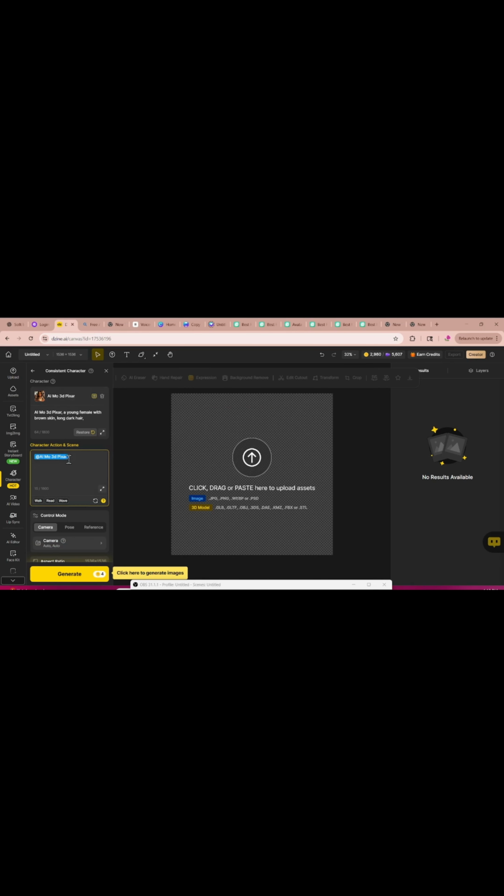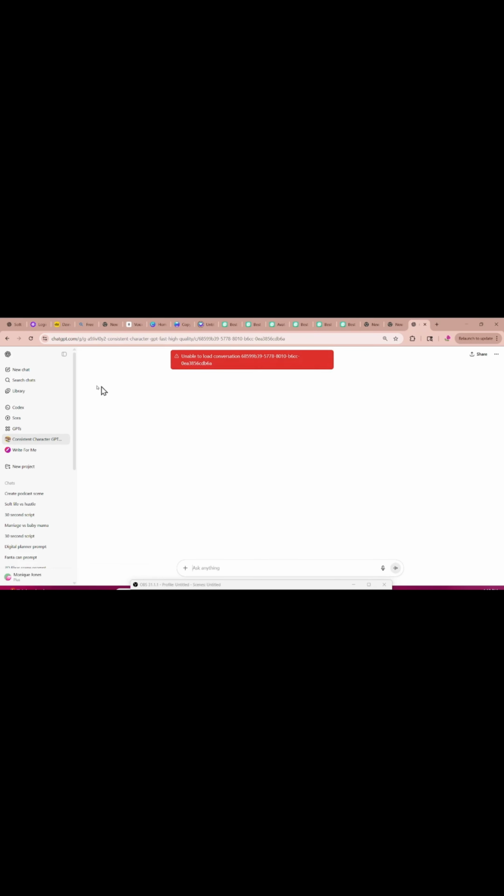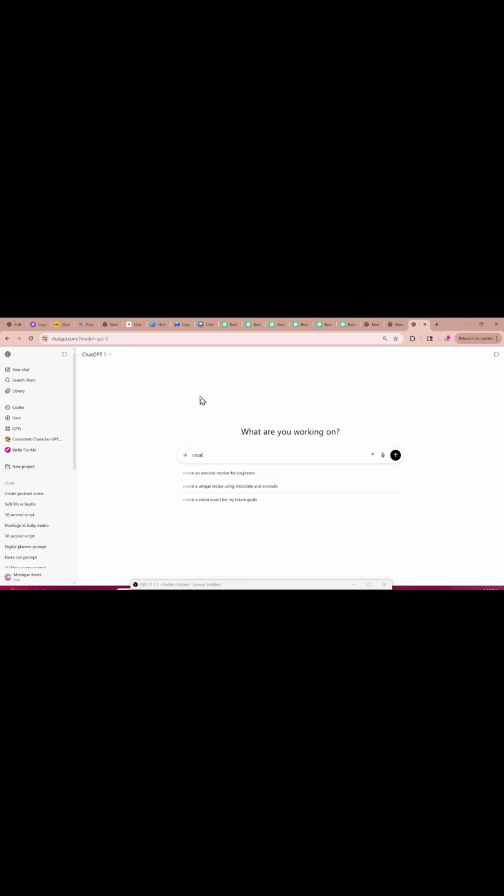And another thing that you can do for the prompt, if you are looking for a prompt and you're not sure exactly how you want your prompt to be, you can actually come over to ChatGPT, Consistent Character. Even if you don't have a consistent character within ChatGPT, you can simply come into the new chat and you can click Create Prompt for 3D